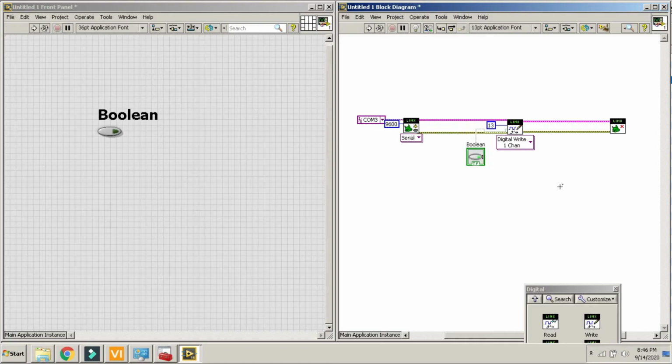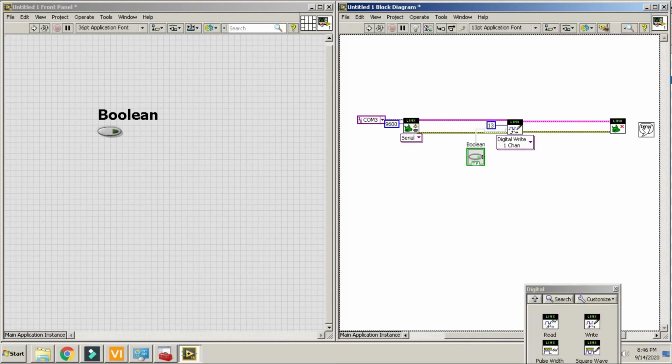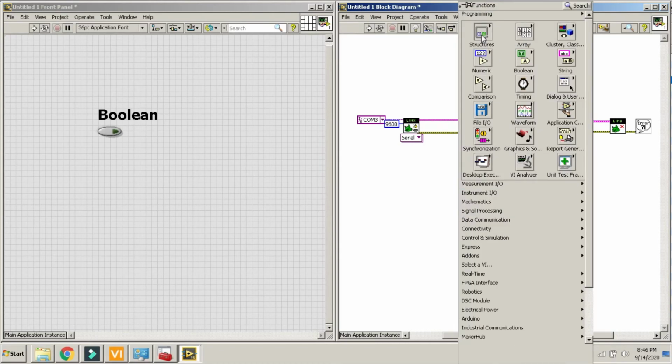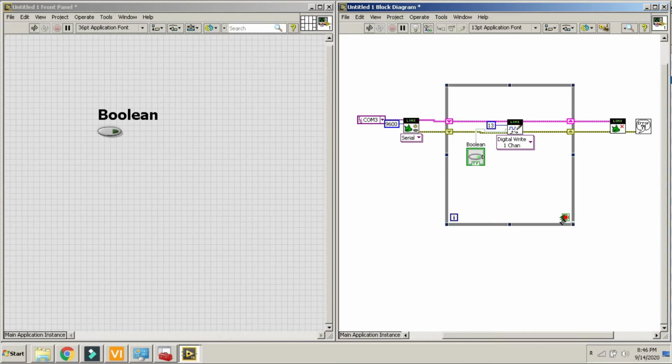I am connecting this, and for any error I am creating a simple error handler, and because I continuously read the signal, for that purpose I create a while loop over this and create a control to stop the loop. This is the program, and when I run this,